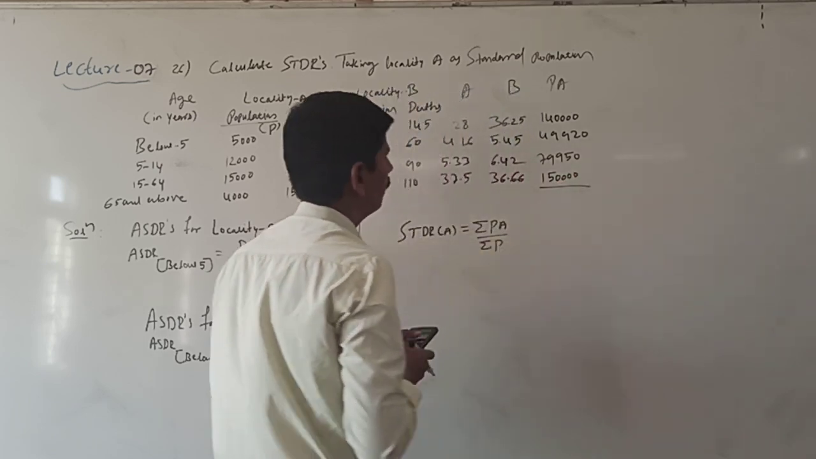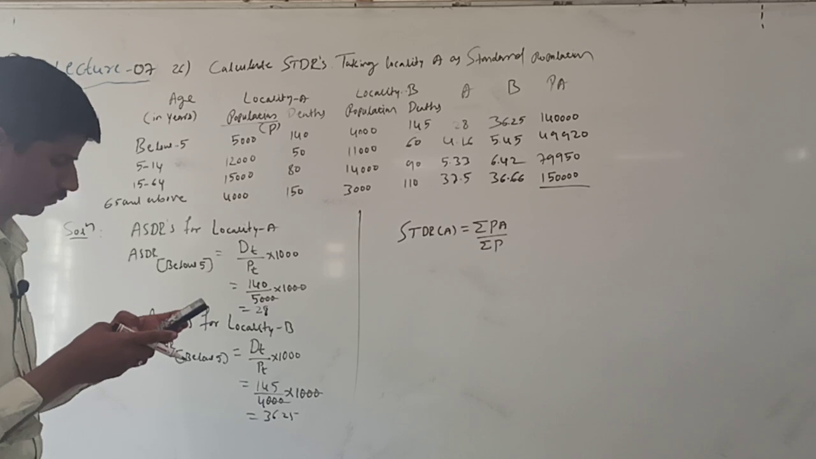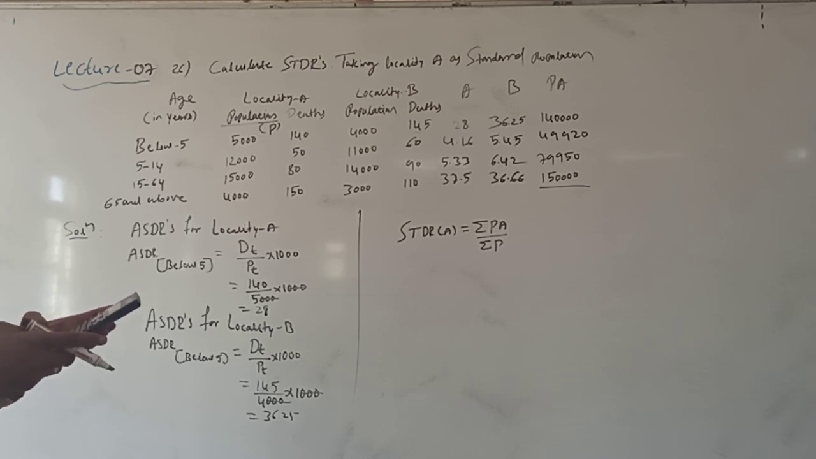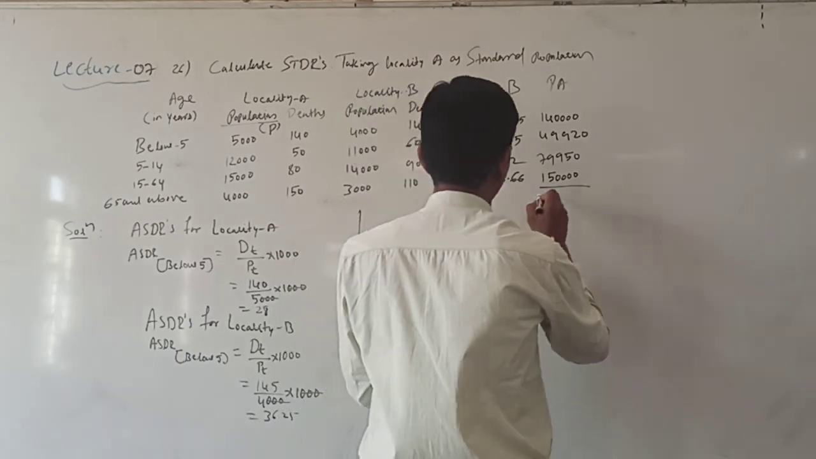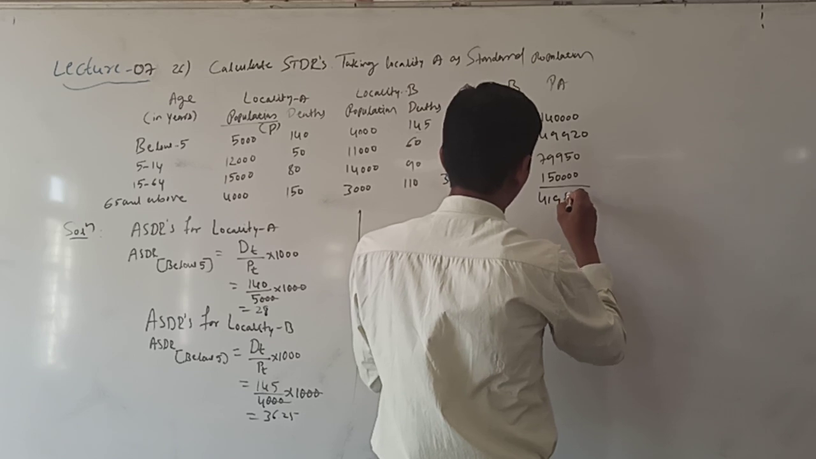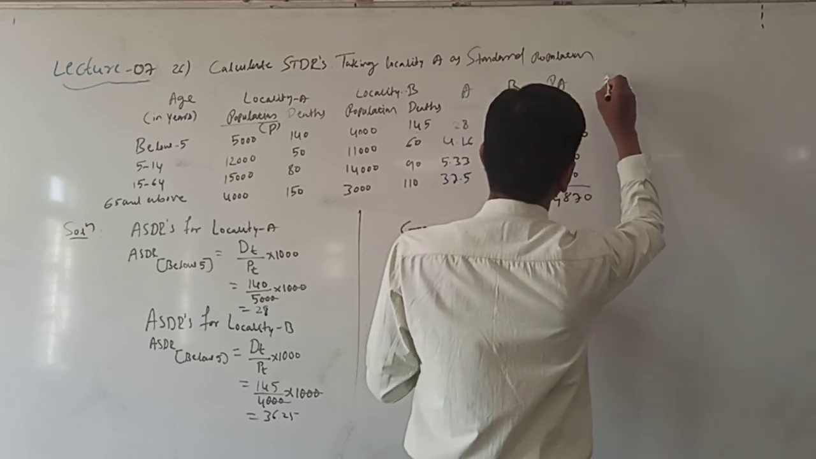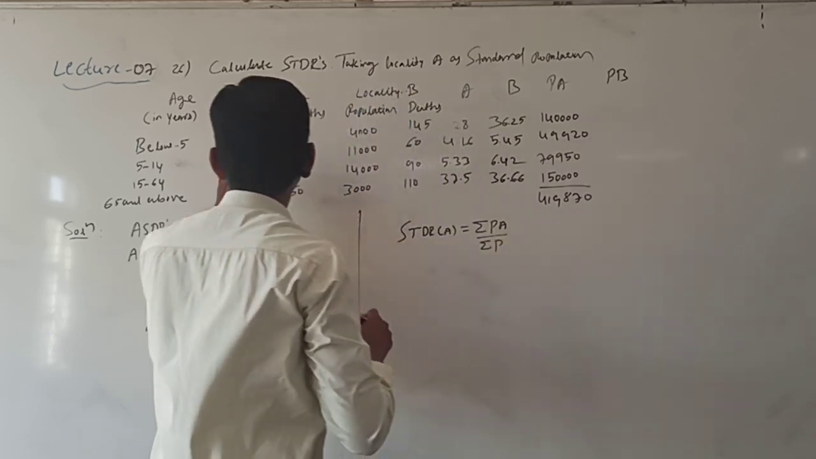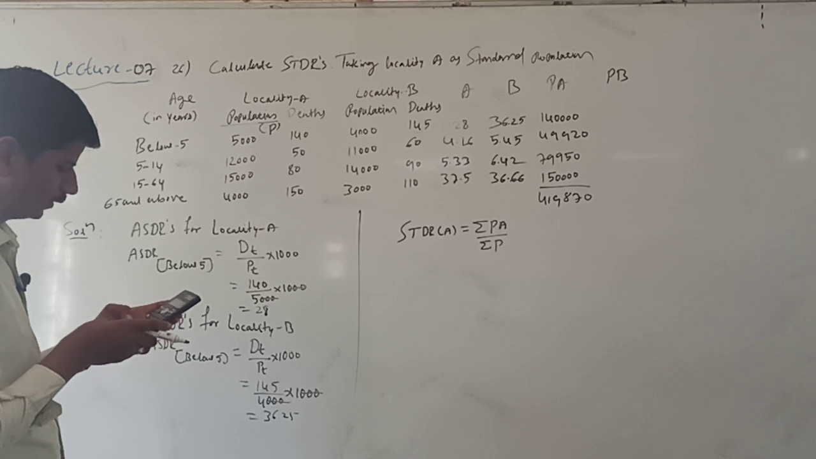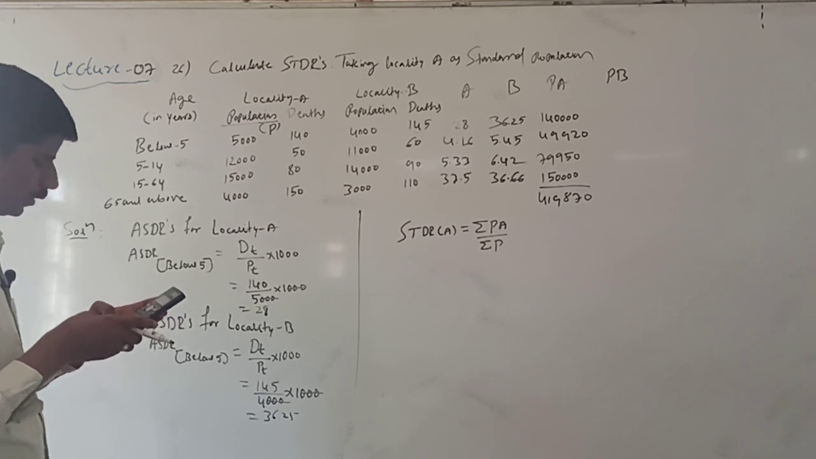We want sum of PA: 1,50,000 plus 79,950 plus 49,920 plus 1,40,000. Then we'll get 4,19,870. Next we have to multiply PB, standard population P into B, that is 5,000 into 36.25, then